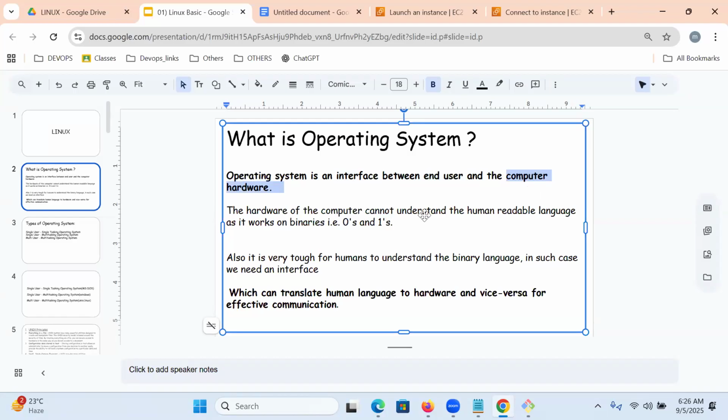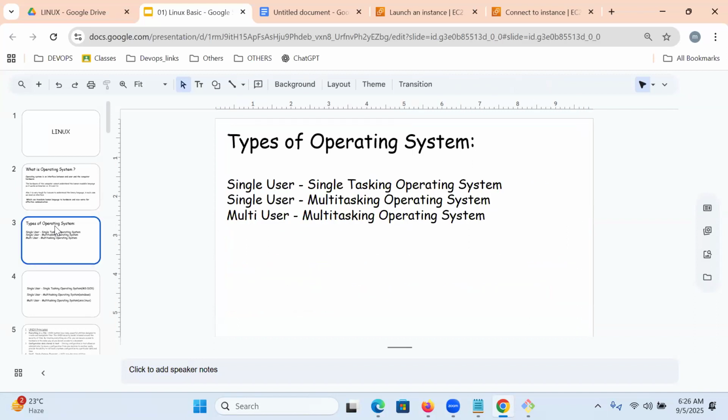The hardware can't understand human readable language. It works on binary format, like ones and zeros. So the operating system translates human language to the hardware and vice versa, for effective communication. Am I right? Got it?